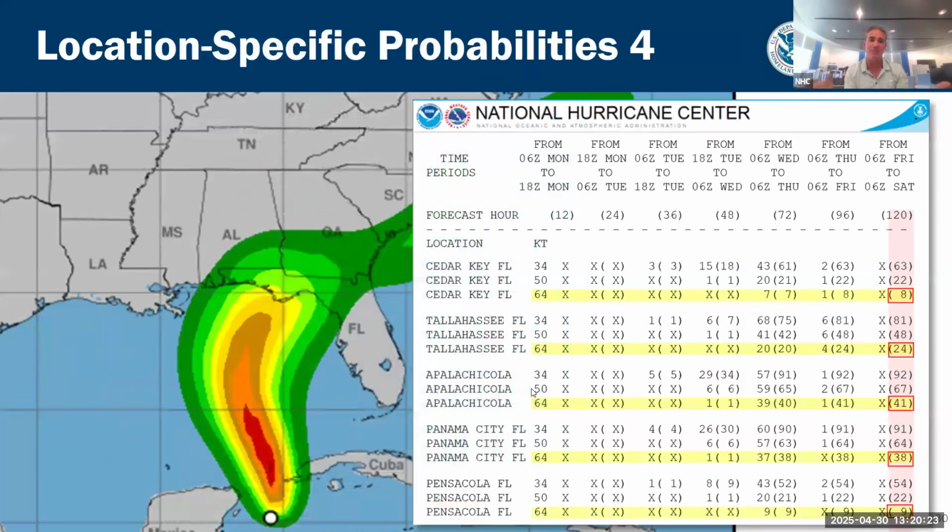And the cool thing is you can map these together, and you can probably do this with various software systems, but you can do it on our website too. You can see how the numbers are being plotted there on the graphic. So there's a 38% chance, for example, at Panama City, this is for hurricane force winds, and 9% chance further west, 8% chance further east, and so on and so forth. So can we at least acknowledge that this is better than looking at the skinny black line? All right, we're going to continue if you don't buy into that just yet.